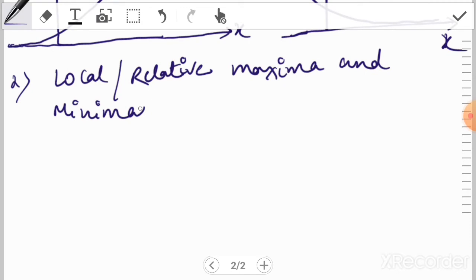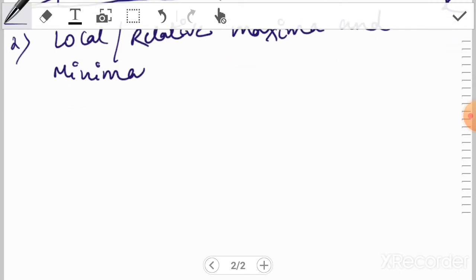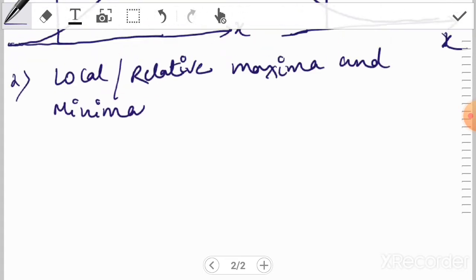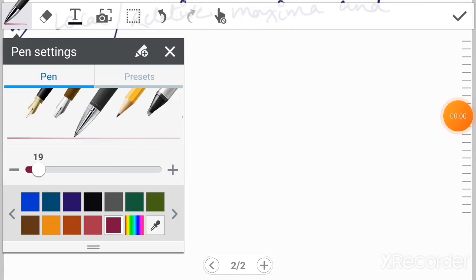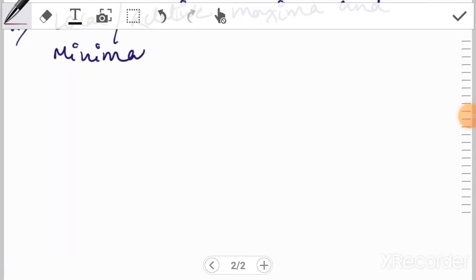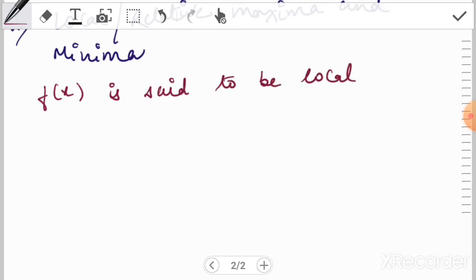Local maxima would be the value of a function at a point in a particular interval for which the values of the function near that point are always less than the value at that point, or f(x) is said to be a local maximum or relative maximum at x is equal to a